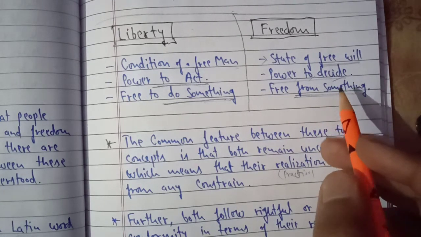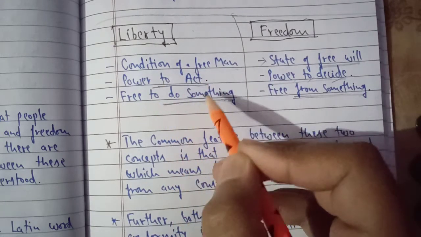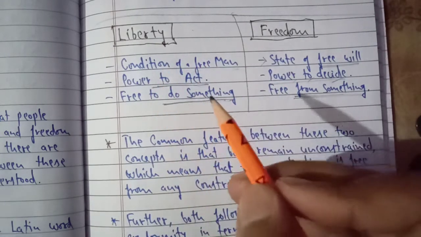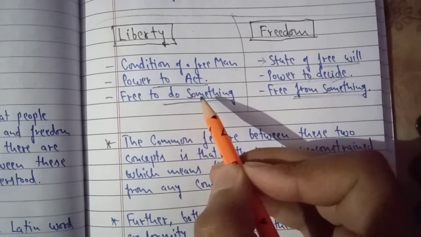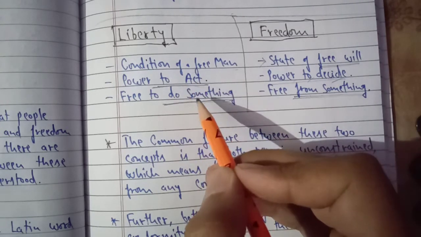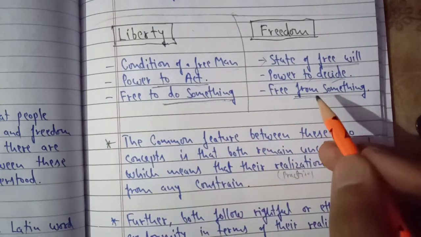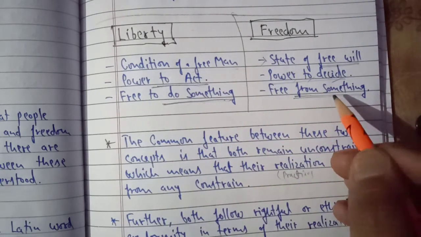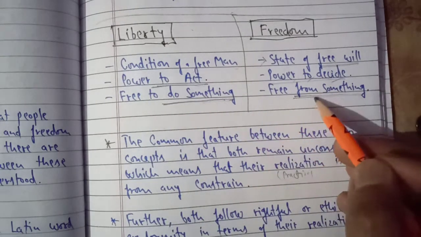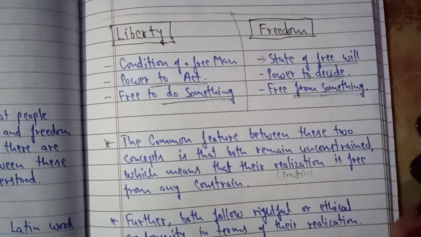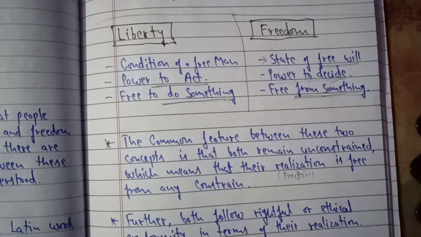Previously you were doing this work under my supervision. I had given you certain liberty, but still I was sitting in the class. You were free to do something which you wanted, but you were doing it under my supervision. But here, under freedom, there is no supervision. You are free to do anything, and you are free from something. That is, now I am not in the class. With this example, I hope you must have understood. And one more example, if you want, we can take